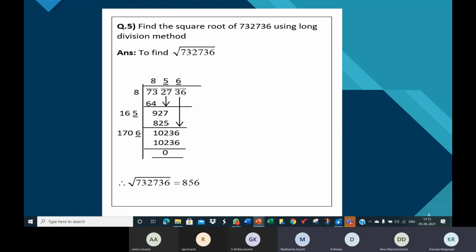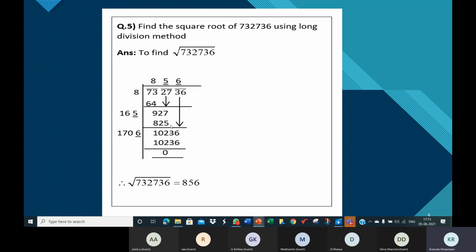Ma'am, 10,236. Yeah, it's 10,236. Children, it's not that you should not try 1 and all that. Please try. You try 1701 into 1. Whatever digit you place here, you must place the same digit here. If you write 1 here, you should write 1 here. If you write 2 here, you must write 2 here. Suppose you write 4 here, it will be 1704 into 4. 1705 into 5. Like that.